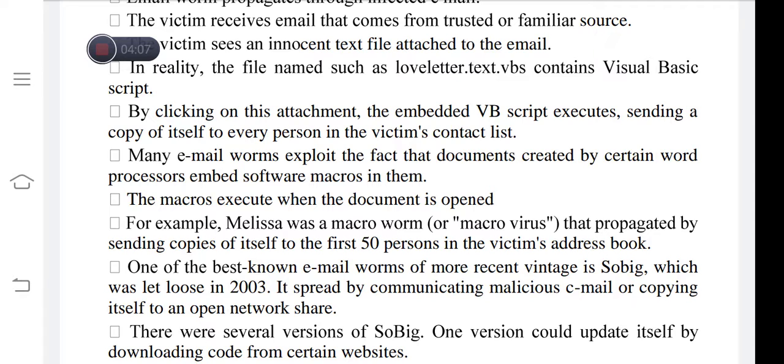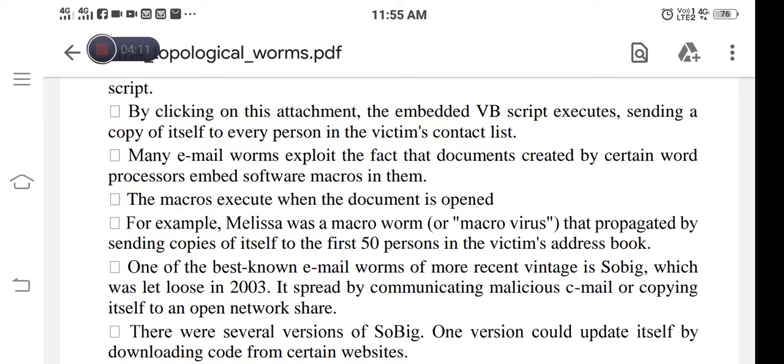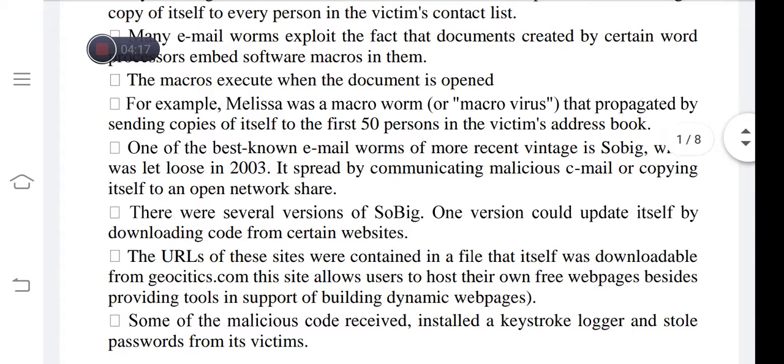One more famous email worm is SoBig, which was let loose in 2003. It spread by communicating the malicious email or copying itself to an open network share. There were various versions of SoBig. Among them, one version could update itself by downloading code from certain websites.